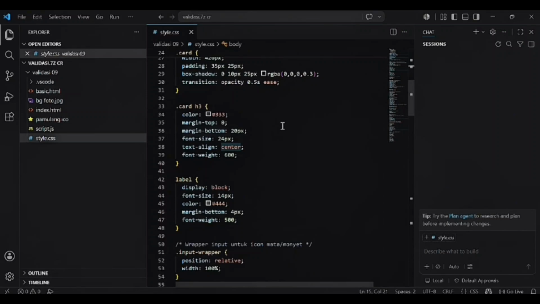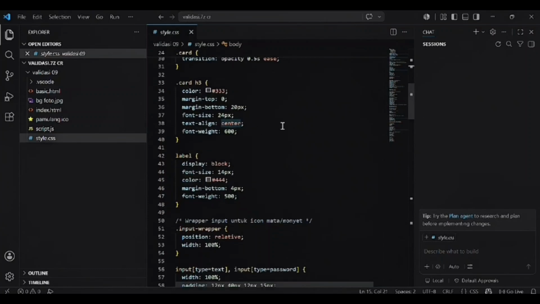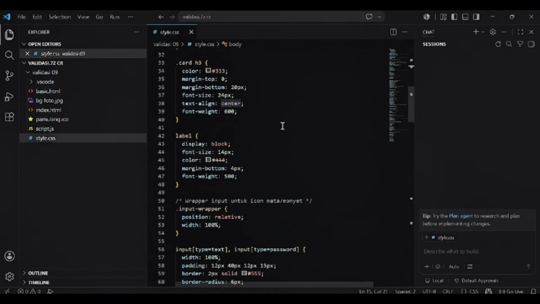The background itself uses a dual layer approach: a custom background image, photo.jpg, combined with a dark linear gradient overlay with 0.45 opacity to maintain high text contrast.